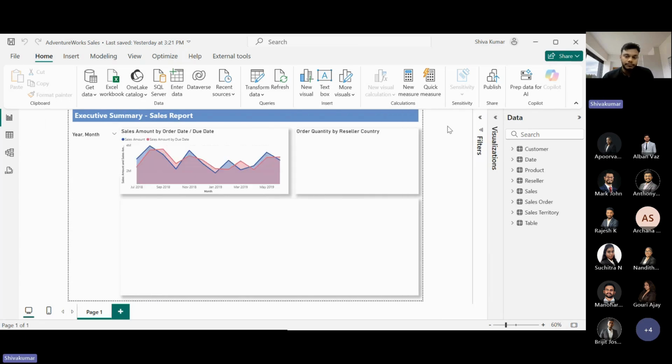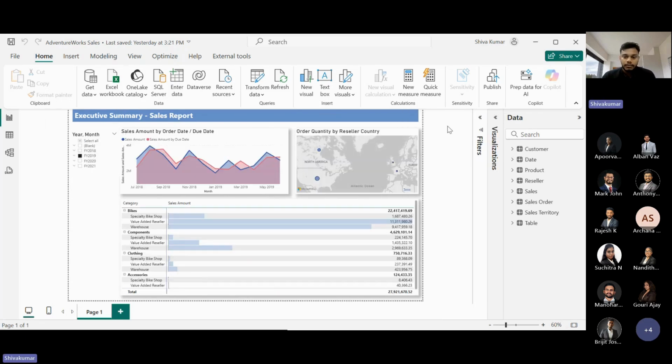So here I have a very basic Power BI file with very limited visuals and tables. And Power BI has this option to save it as a .pbip, which might not be enabled